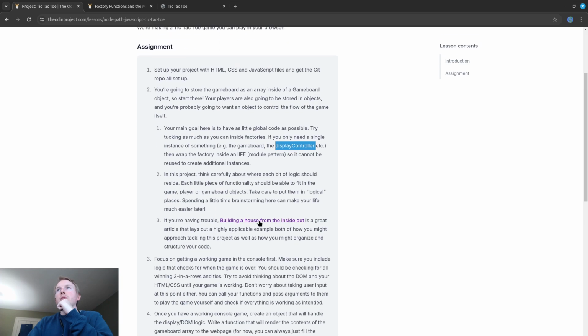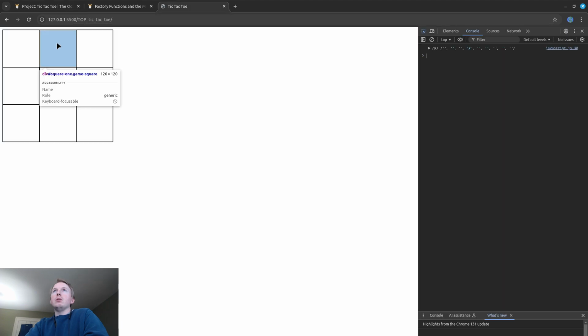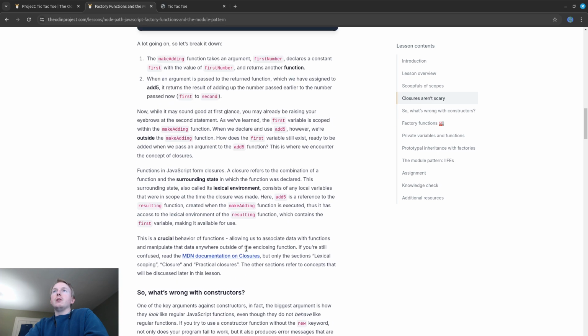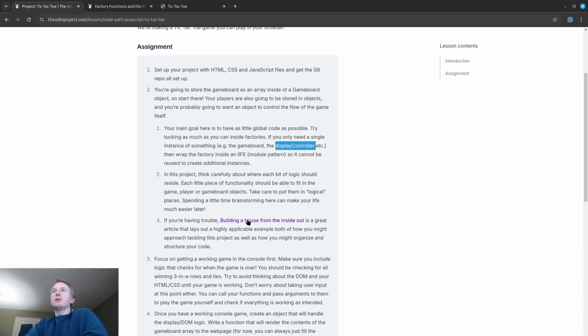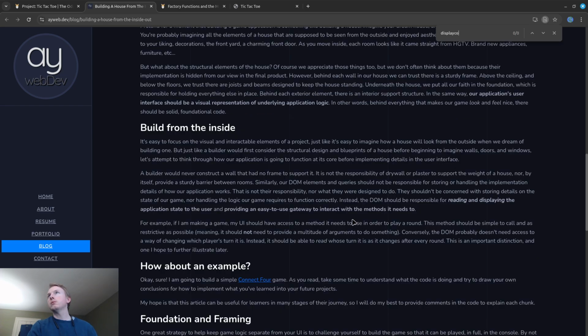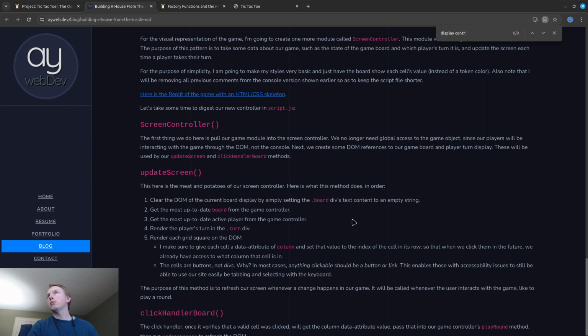I don't completely... I'm assuming that means taking what's in the game board, taking the active state of the game board and displaying it inside here. So X and O and all that. And I believe I saw that in here. Oh, this calls it screen controller. So